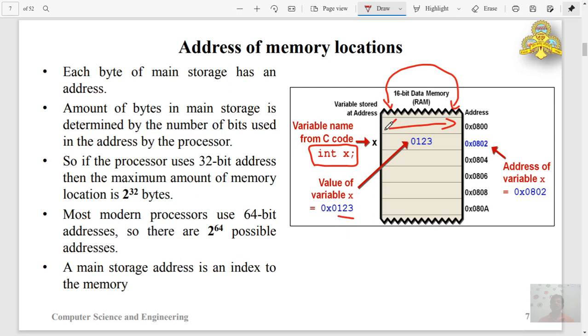We already know 1 byte is 8 bit. The address of the memory location area is 800. I'll just consider the last 3 numbers, and the next one is 802. It's like this because there are 2 bytes. Actual memory location is in terms of bytes.